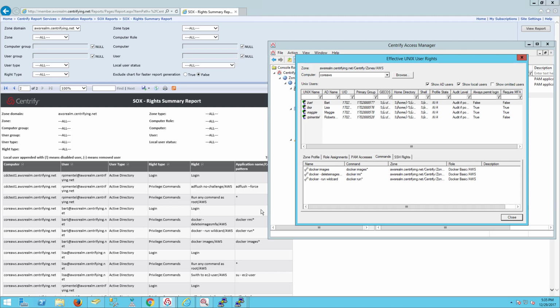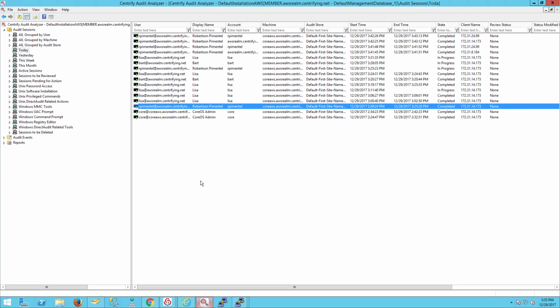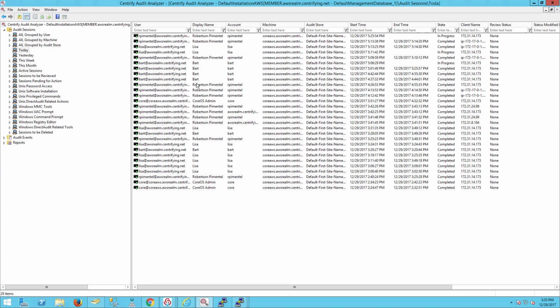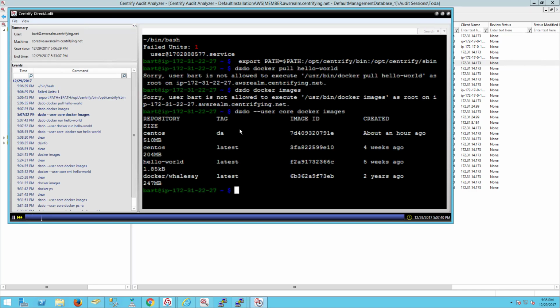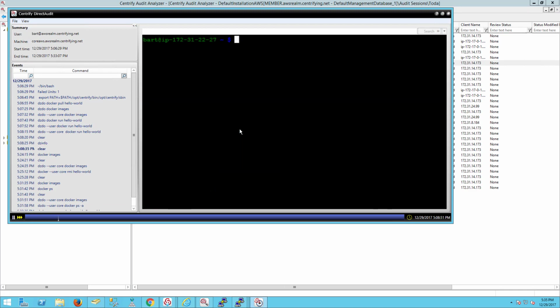So you tie everything together again with auditing, right? If you really wanted to know what, for example, Bart has been up to, you have the ability to just replay that session, right? And notice that I have the ability to do that in real time as well. So if you think about it from a Docker lifecycle perspective, not only on container Linux, but any platform that can run Docker or any other container-based lifecycle solutions, we have the ability to give you the granularity of access that is required not only to meet, but exceed any regulation or any security practice that you want to implement.